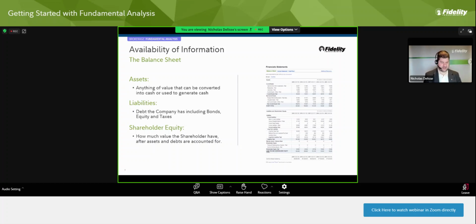This first part is a balance sheet, and it's showing what the assets and liabilities are of a company. It goes back to the old accounting term, assets equal liabilities plus shareholders' equity. What happens when your liabilities are more than your assets? Well, there's not any equity in the company.